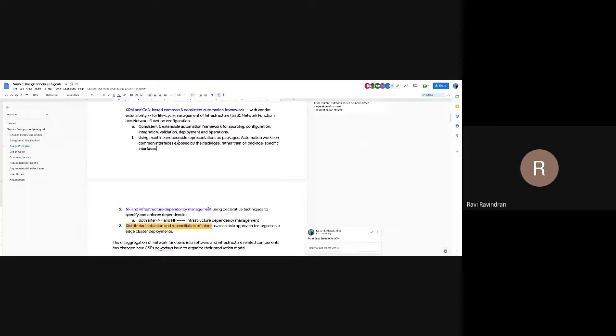Yes, sure. So two comments. One is on the design principles. I hope that there will be a mapping of these design principles to the architecture too, right? So how do you realize these design principles? I hope that is probably the next logical step.